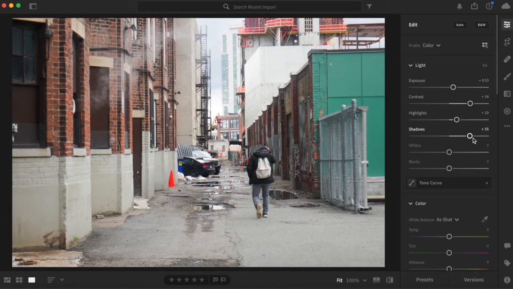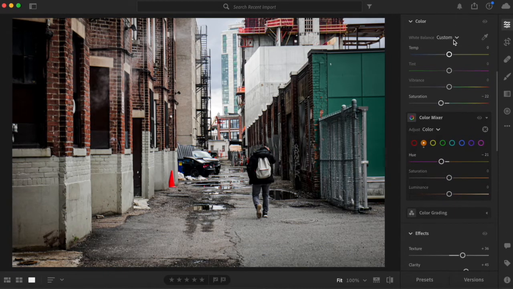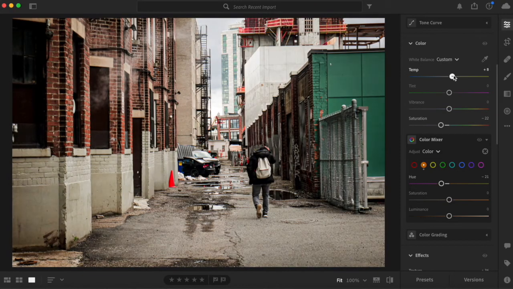So the temperature. We'll just mess around with the temperature, the texture, clarity, and all that. After messing around with all the hues, saturation, temperatures, and the color, we came out with more of a vintage look, but